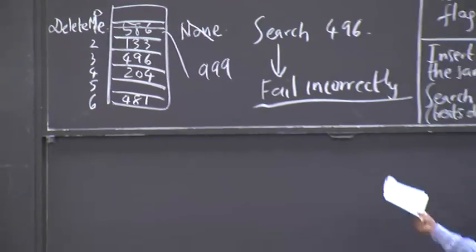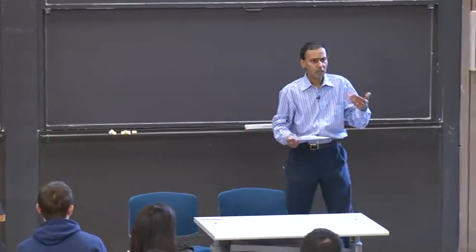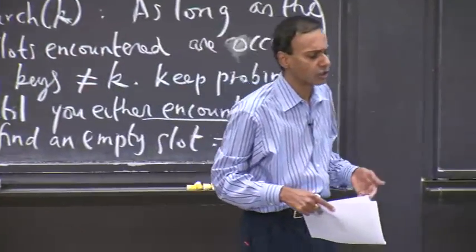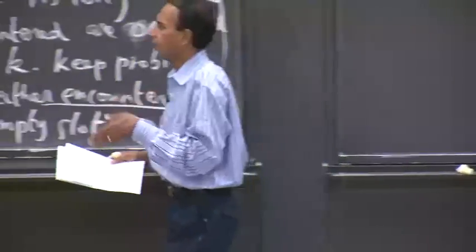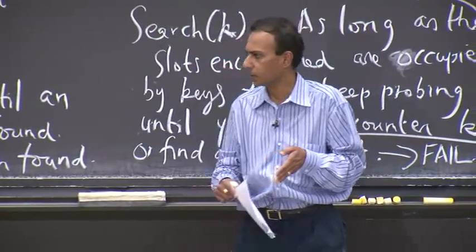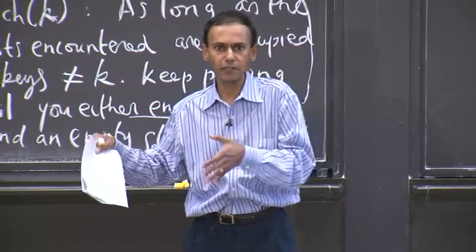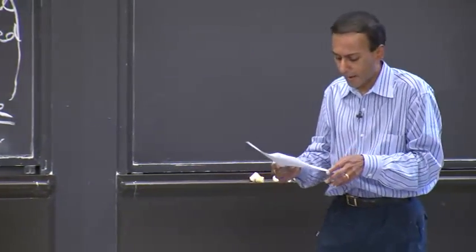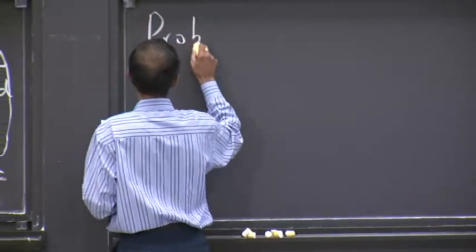So you could imagine coding this up with an array structure is fairly straightforward. What remains to be discussed is how well does this work, right? You have this extra requirement on the hash function, creating an extra argument as an input to it, which is this trial count. And you'd like to have this nice property of corresponding to a permutation. Can we actually design hash functions like this? We'll take a look at a bad hash function and then a better one. So let's talk about probing strategies,